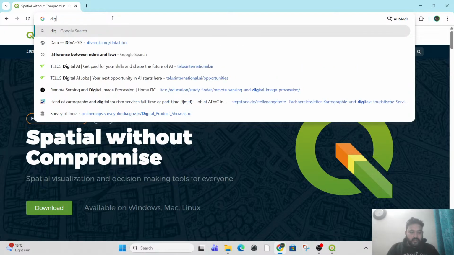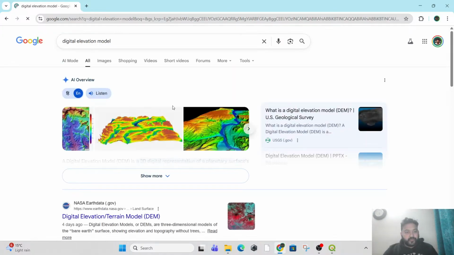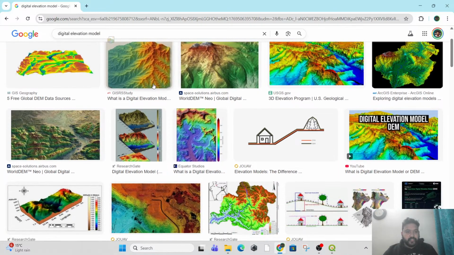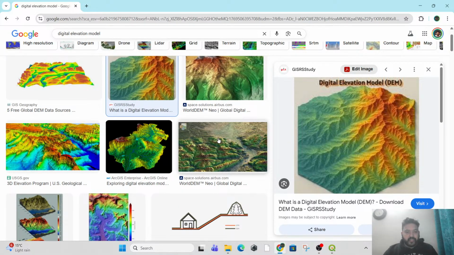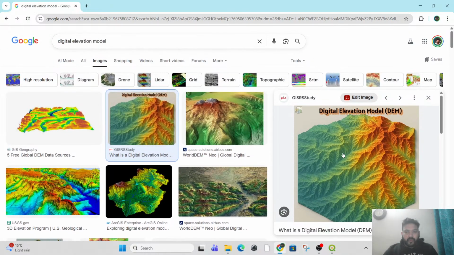Okay. Now, we have covered what a digital elevation model is in our classes. But just to give you an example, a digital elevation model is a 3D reference of the relief of the surface or the terrain. Okay, so it looks like something like this. You can use different kind of colors to give it a symbology. Now, for our current case, we need to download a digital elevation model. We will understand how we can download a digital elevation model. So there are many sources to download a DEM. Okay, now